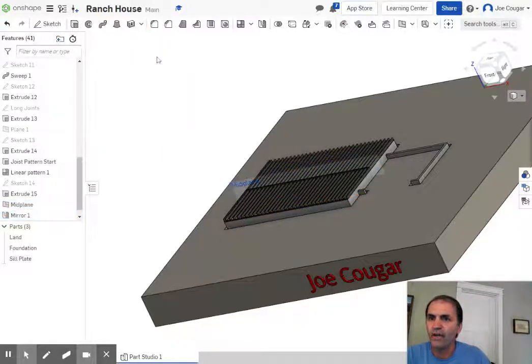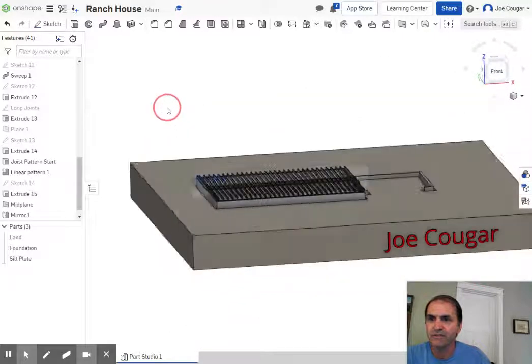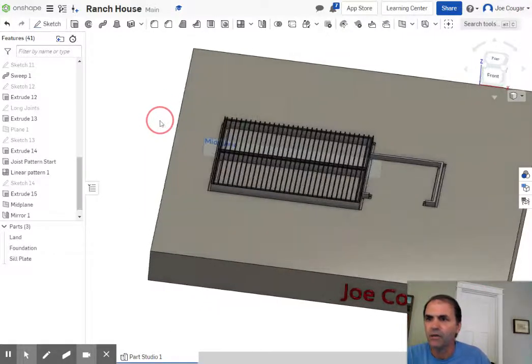Joists all the way across the house. Looking cool. All right. Now let's turn off the visibility of the mid plane. Don't need to see it anymore. And